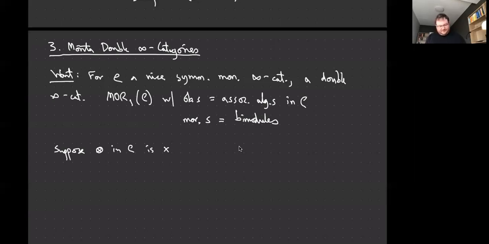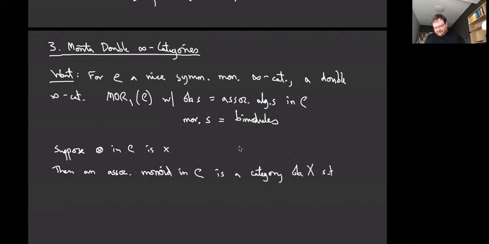So then I can define an associative monoid in C. Well, I can define it in terms of the previous definition as a category object X, such that the 0th object X0 is